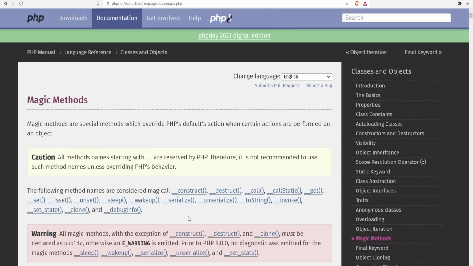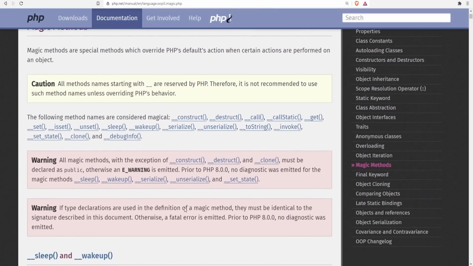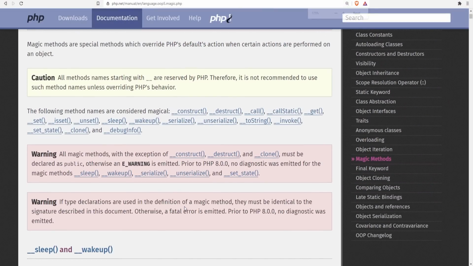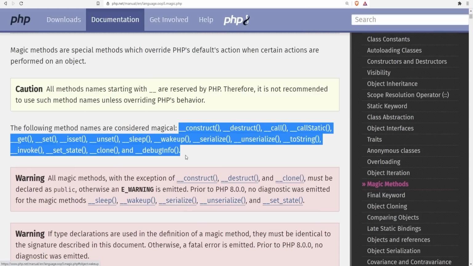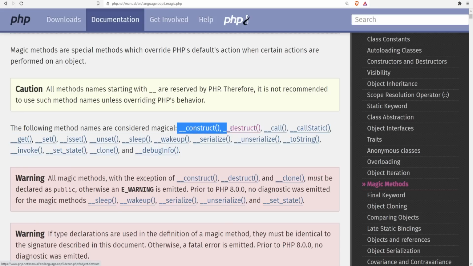Magic methods are special methods that override PHP's default behavior when certain events or actions are performed on an object. There are about 17 magic methods available currently in PHP, and they all begin with double underscores, and you've already seen a couple of them in this course, like construct and destruct,